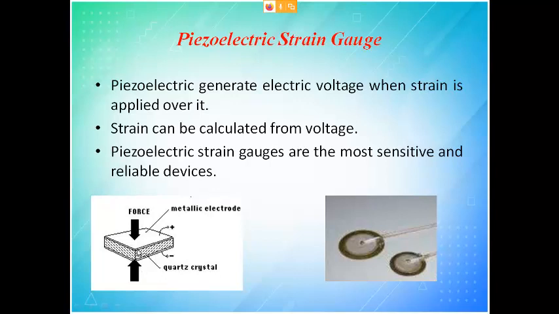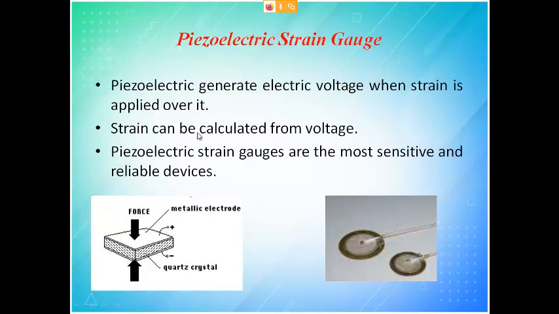When you give 1.5 volts to that crystal, it will vibrate 60 times per minute. That is what we require in our watch. Your second hand has to move 60 times, and only then will you account it as 1 minute. That is why in a watch we call it quartz. Same case here. A piezoelectric generator generates voltage when strain is applied over it. When I apply force, an electrical signal is obtained. When you give an electrical signal, vibration will be there. Now we are using it in the reverse direction. You are giving force, and that force will generate output voltage.